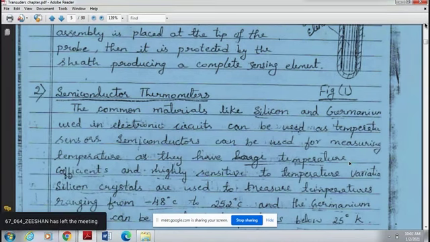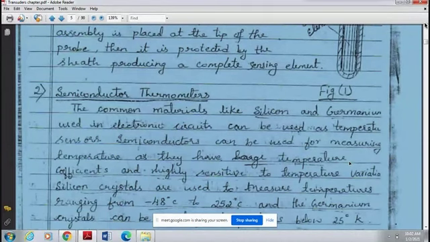So here, firstly, we'll write what it is and what principle it works on, and what are the characteristics that the material should exhibit. You have to write that. So whatever material is used for sensing the temperature in case of a resistance temperature detector, it has to meet the following requirements.